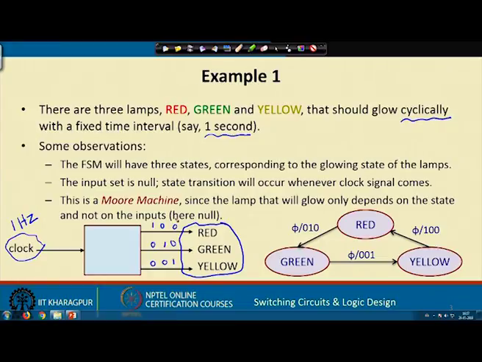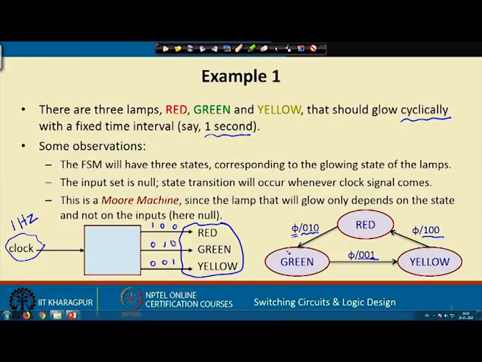So, now you can understand, you see there are no separate inputs, that is why the input is shown as empty, phi means empty. So, when you are in the red state and a clock comes, you go to green, the input is phi and the output is 0 1 0. 0 1 0 means green is glowing. Okay. When you are in green and a clock comes, you go to yellow, 0 0 1, which means yellow is glowing, and when you are in yellow, you will go to red, 1 0 0 means red,